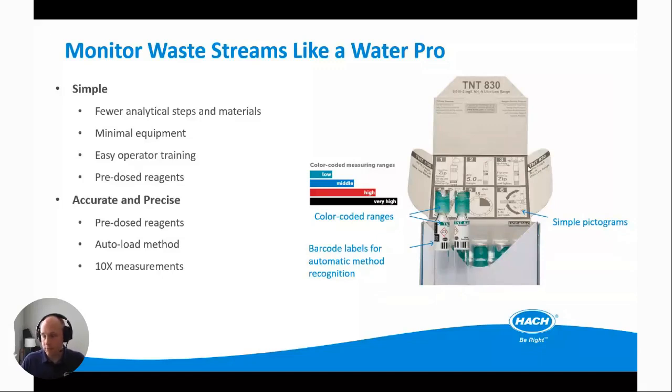In addition, all the reagents are pre-dosed, so no one needs to go in and individually add reagent 1 and reagent 2 and reagent 3 and do all the intermediate mixing and transfer steps. This also leads to greater accuracy and precision because the reagents are pre-dosed. They're machine filled, so there's always the exact same amount of reagent in every vial. We avoid accuracy issues associated with different volume transfers that you might see between different operators on different shifts.